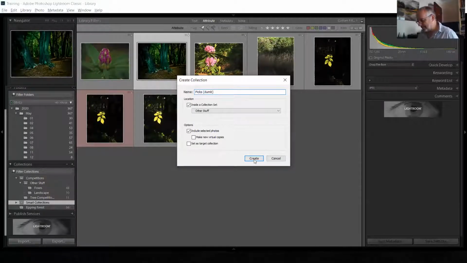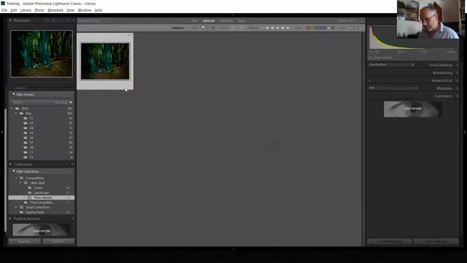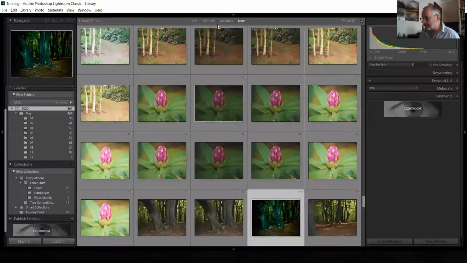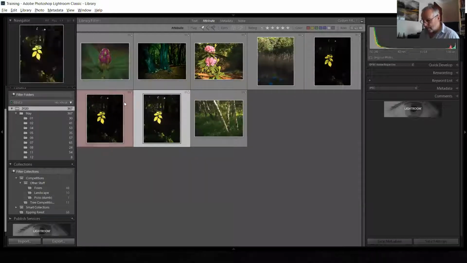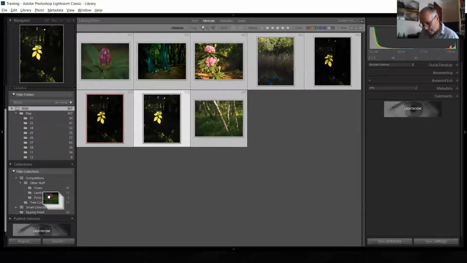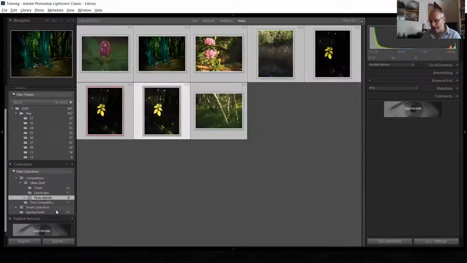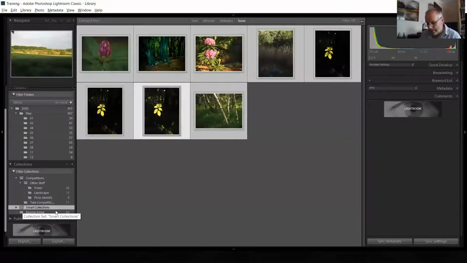Oh, I didn't select them all, hang on a sec. If I put all of them in there, it's going to make it a lot easier. So you see I've got 8 picks in my Done collection, and in my smart collection